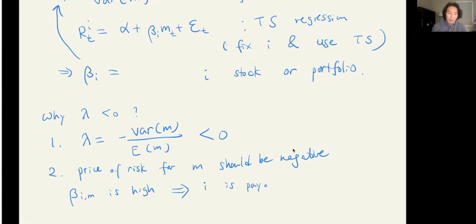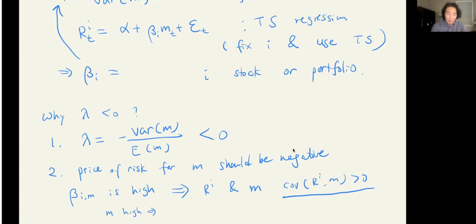In other words, the return on the asset and m are positively correlated. In other words, the covariance between Ri and m tends to be positive. Okay. What kind of asset is this? What kind of asset is going to pay when m is high? High m state, when m is high,